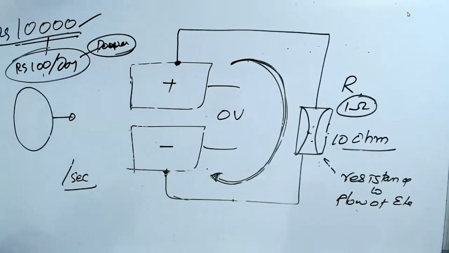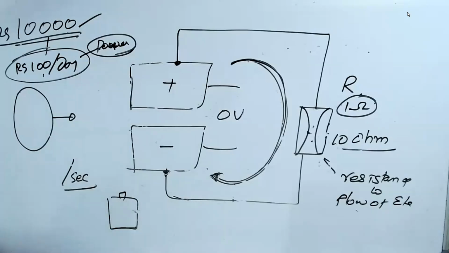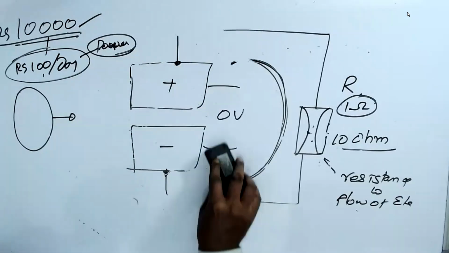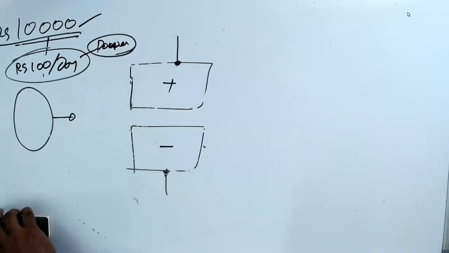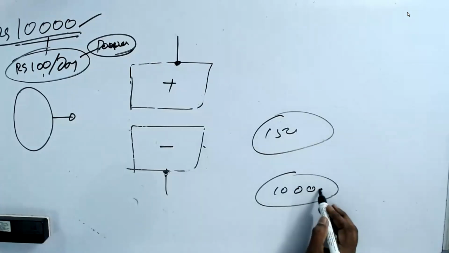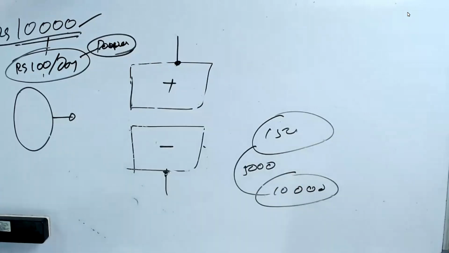Yes, voltage can exist without power. Correct. Your battery has a voltage. Voltage is a potential difference. That's why I explained static electricity to you. If you don't connect it, the difference still exists. Somebody has 15,000 rupees, somebody has 10,000 rupees. There's a difference of 5,000 rupees. It exists. You are perfectly right.